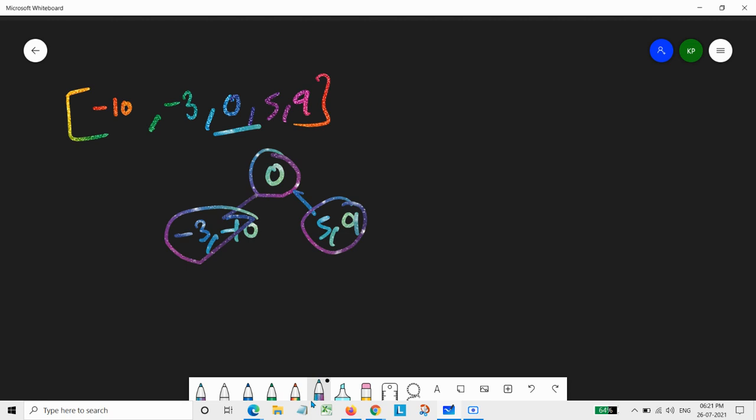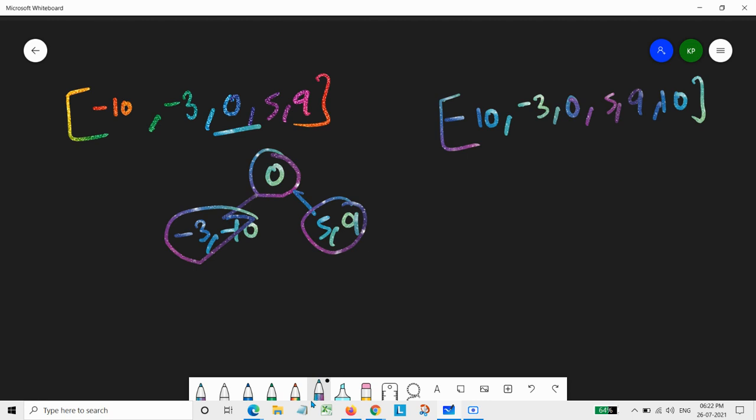So let's take some other example where we have, instead of 5 elements, 6. For that, let's take -10, -3, 0, 5, 9, and let's take 10. Now the size of the array is even. And now comes the part of how we choose the middle of this array.